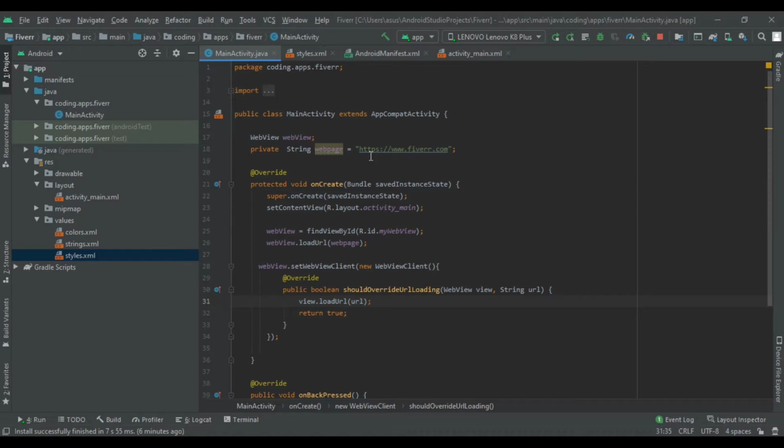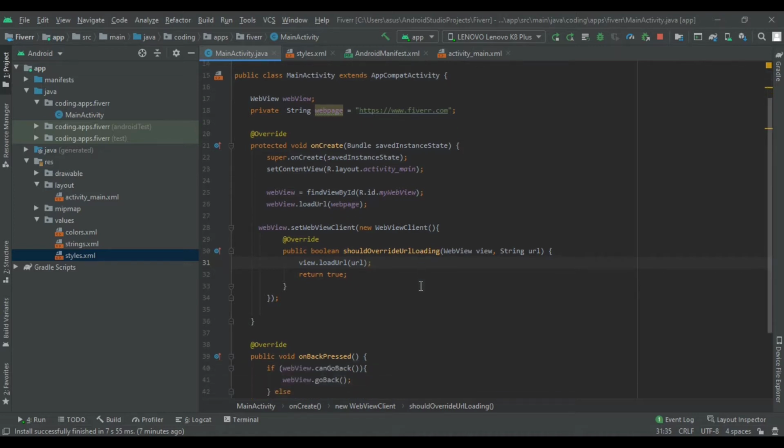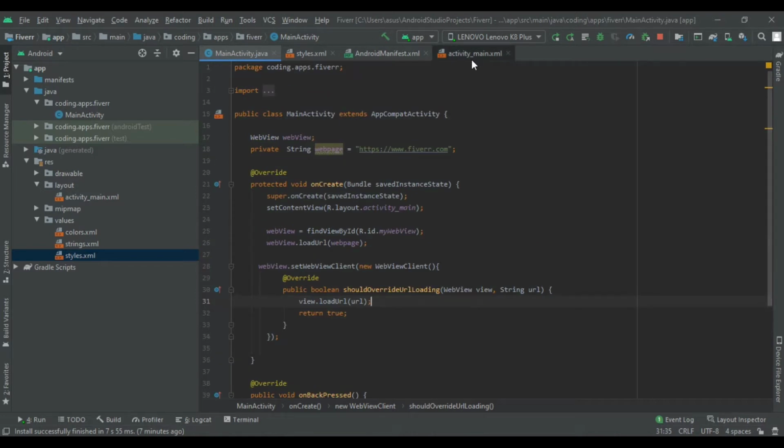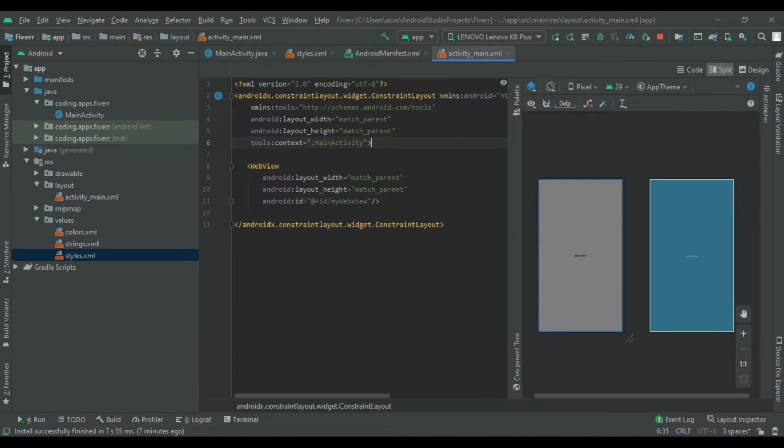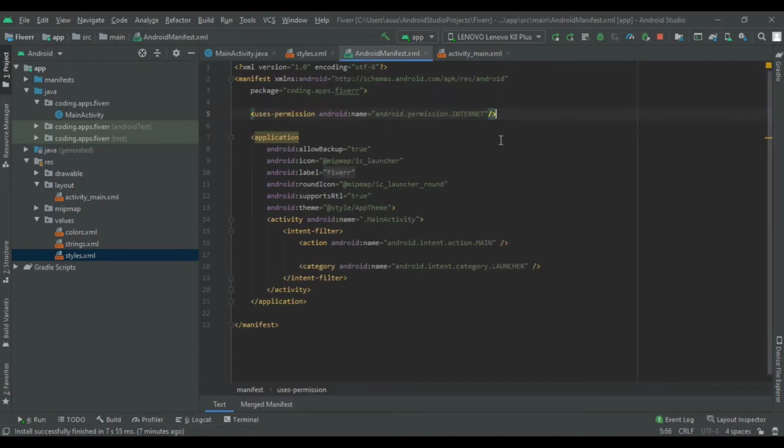First of all let me remind you what we had done in our previous video. In the previous video we had added a web view into a constraint layout, which we are now changing from constraint layout to linear layout. We had also added the user's permission to use the internet to load our website, and we had changed our action bar to no action bar.